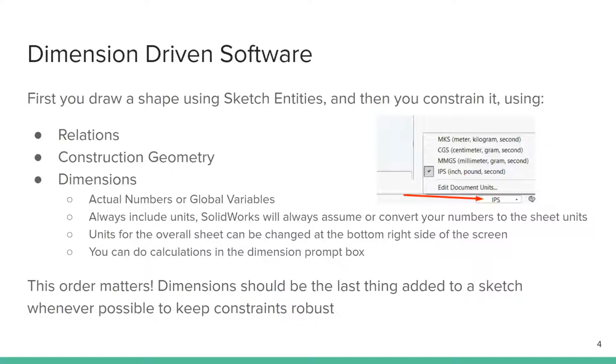First things first, there's relations, and these can be very powerful in terms of very quickly and very simply dimensioning a bunch of different sketch elements. So you can say that 2 lines are the same length. You can say that they're coplanar or parallel or perpendicular. You can say that they're vertical relative to the plane that you're in, or horizontal relative to the plane that you're sketching on. There's a lot of different relations that we'll talk about more in depth in a moment, but